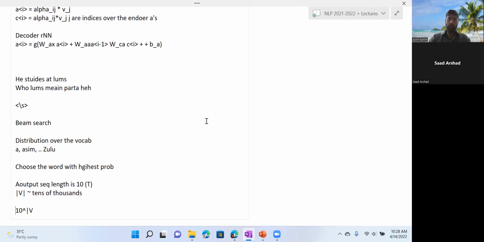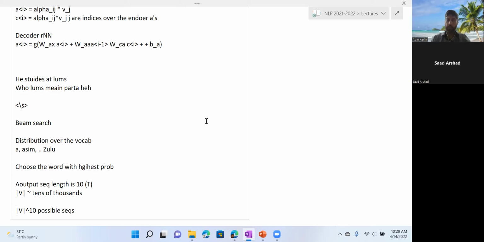No, उल्टा हो गया, ठीक है. So basically V raised to power of 10, ठीक है ना? Each position पे आपके पास options V हैं और 10 positions आपके पास. So these are the possible sequences, ठीक है? अब इन possible sequence में एक best sequence है, which has the highest probability as a sequence,